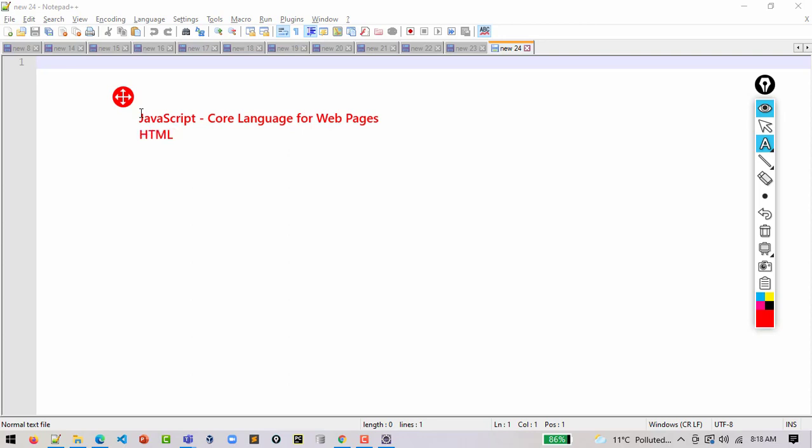Out of them one is HTML. The other two are of course CSS and JavaScript, right? But the purpose and objective of all three languages are completely different. For example, the purpose of the HTML language is to define the content and the structure of a web page. HTML helps us define the content and the structure of a web page,